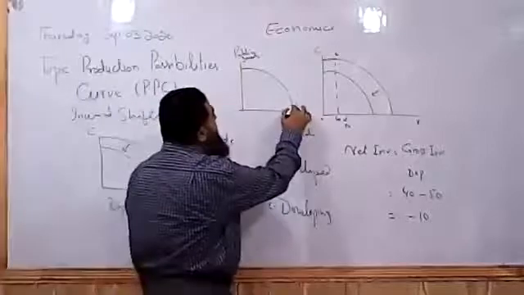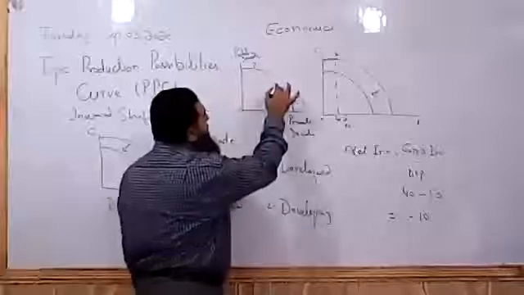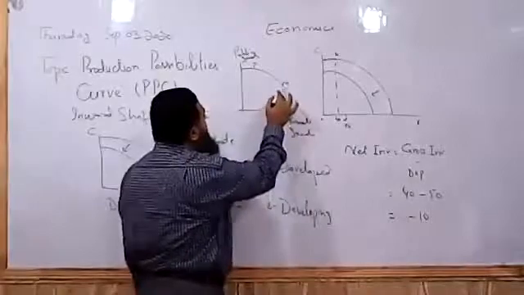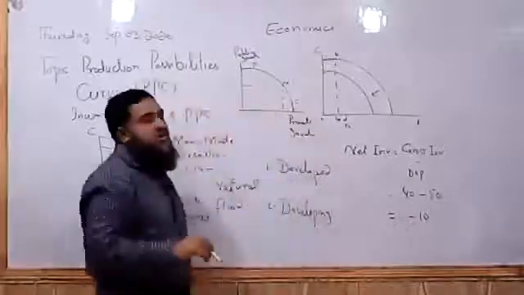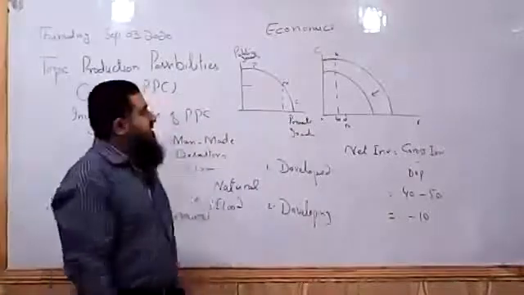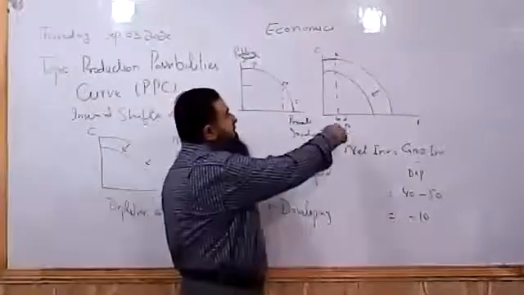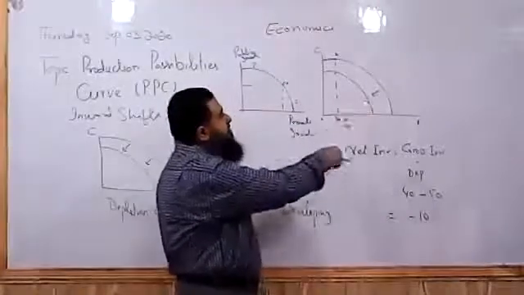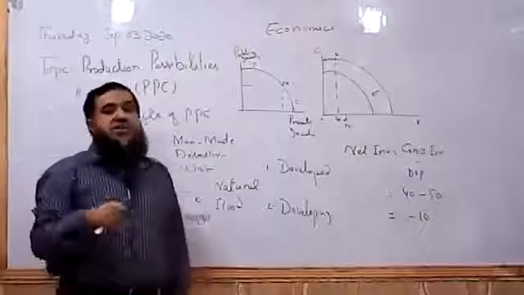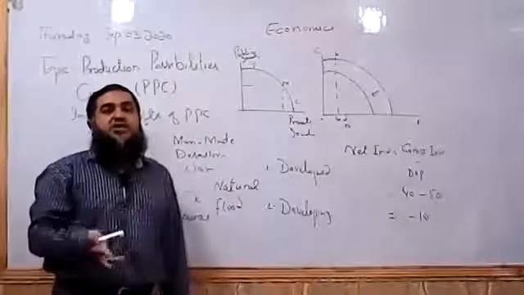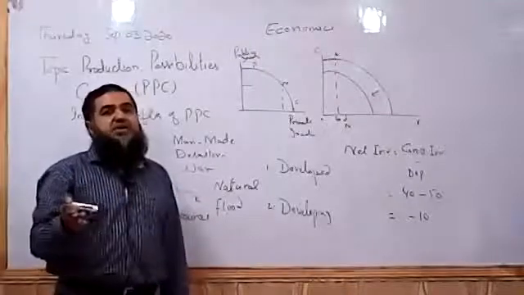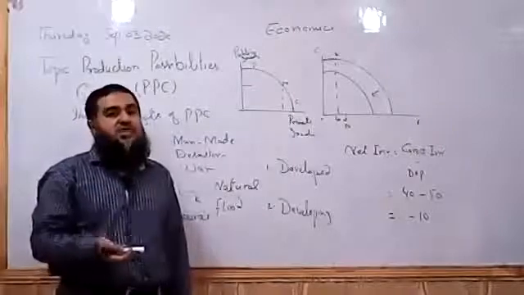Here we can say it is free market, this is planned. If the case is in between these two, then we say it is a mixed economy. Like private goods are more produced, but government is also focusing on the production of public and merit goods. So the application of PPC is that we use PPC to show the living standard of countries, what types of goods they are producing. If a country is producing more capital goods, in future its living standard will be high. And if it is producing more consumer goods, then its present living standard can be higher, but in future it will have fewer goods and services, so living standard will fall.